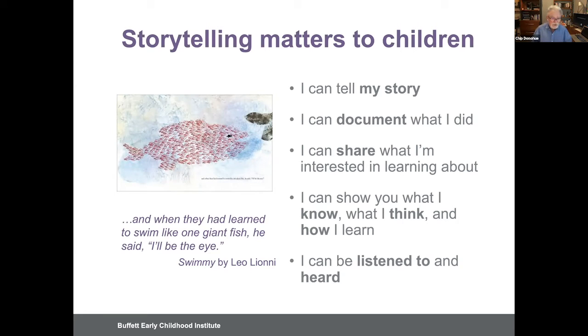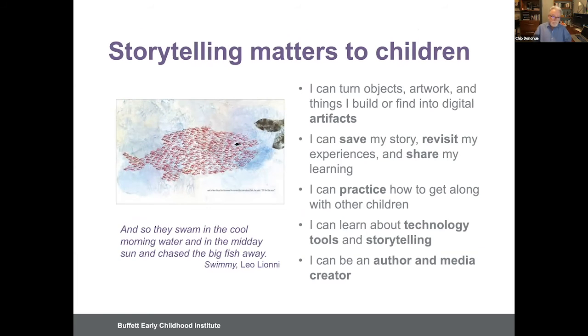And when they had learned to swim like one giant fish, he said, I'll be the eye. So Swimmy, the tiny little fish, gathers other fish together. They realize that when they swim together and cooperate and put themselves in the shape of a big fish, they're going to succeed. And so they swam in the cool morning water and in the midday sun and chased the big fish away. So that idea again of we can do more, we're more powerful together than we are alone, and that seems like an important